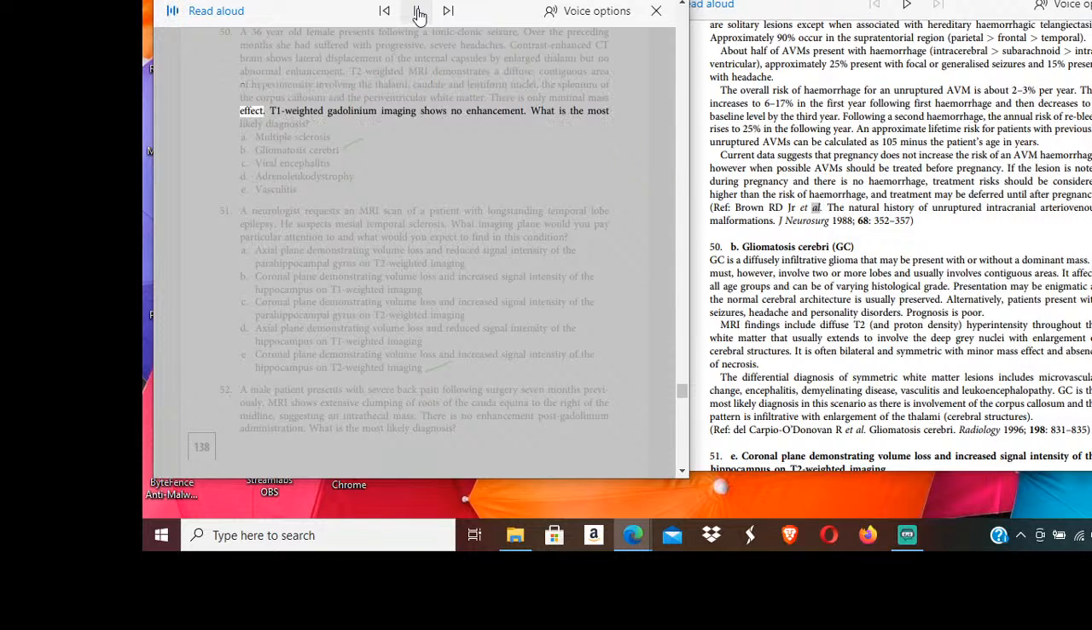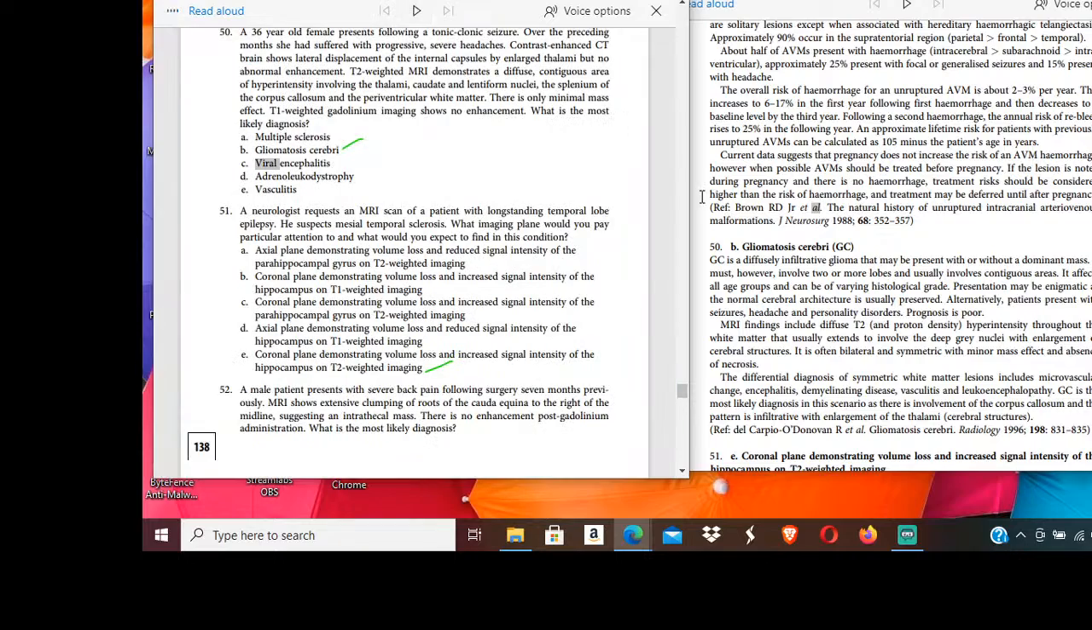There is only minimal mass effect. T1-weighted gadolinium imaging shows no enhancement. What is the most likely diagnosis? A. Multiple sclerosis. B. Gliomatosis cerebri. C. Viral